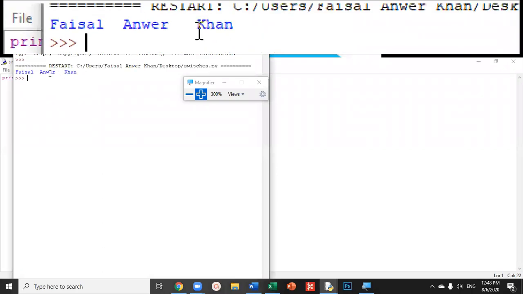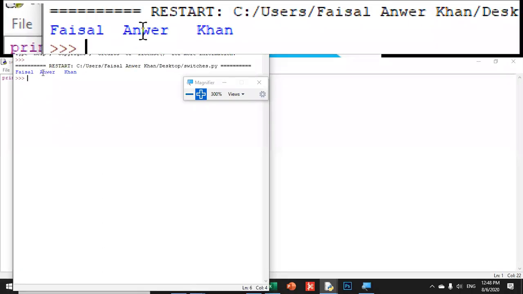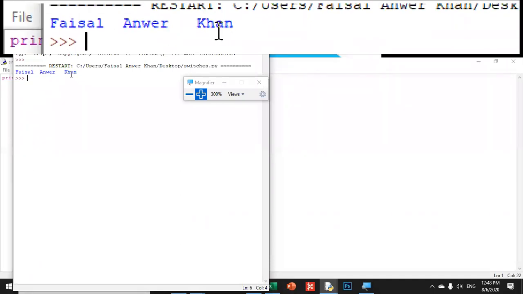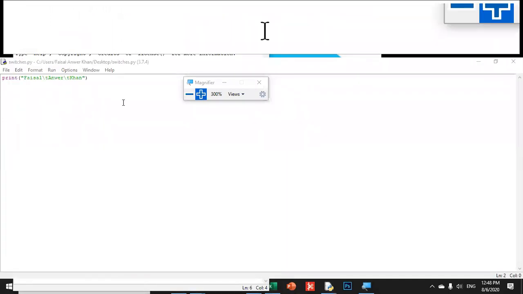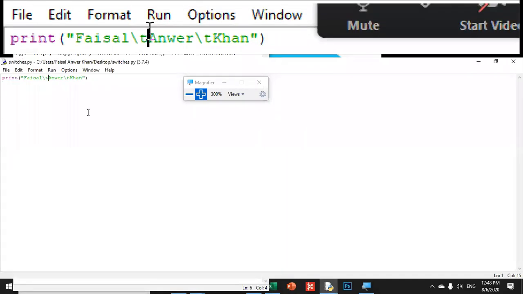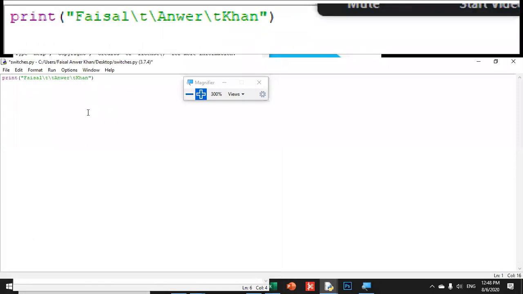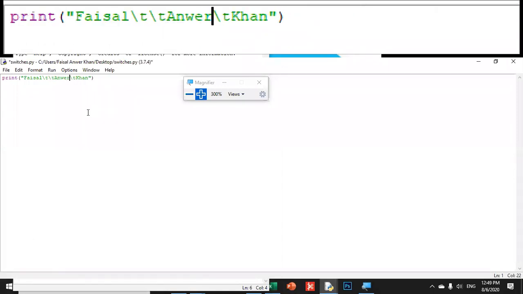Now you can see that the space between Faisal and Anwar and Khan has been increased. I type backslash T one more time, backslash T between Faisal and Anwar, and backslash T between Anwar and Khan. Control S. Run it by pressing F5.